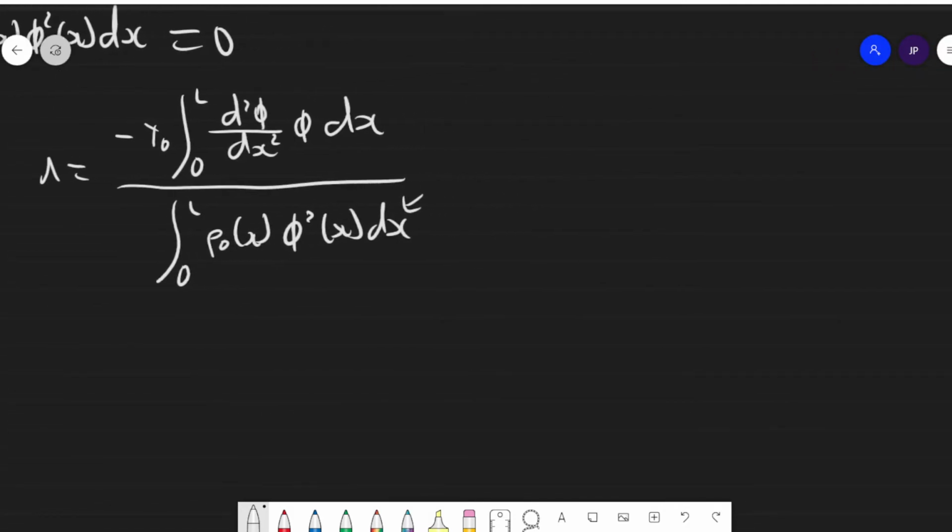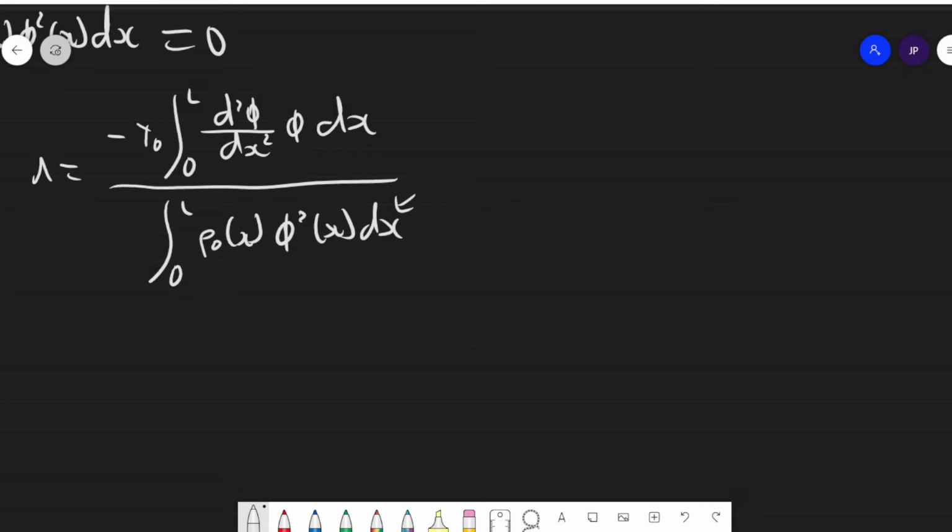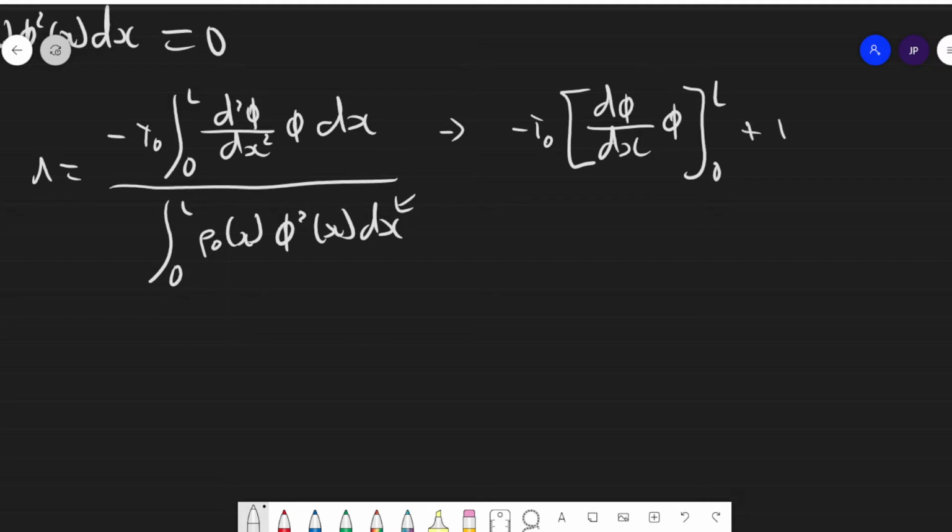What we do want to investigate is, we're not going to calculate lambda explicitly. We rather want to determine whether it's positive or negative. If we look at the numerator part, we can do integration by parts. And if we do this integration by parts, we'll end up with something as follows. So we'll have this integrated over the range, and then we'll have plus, this is going to be,